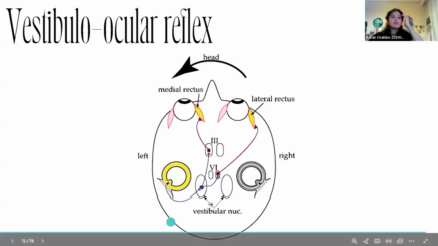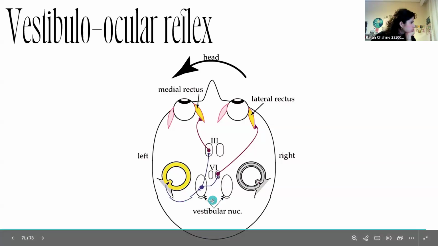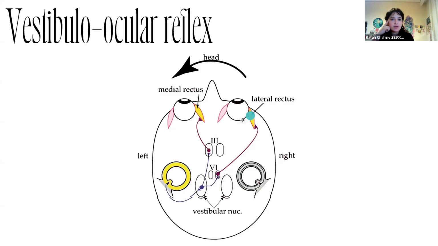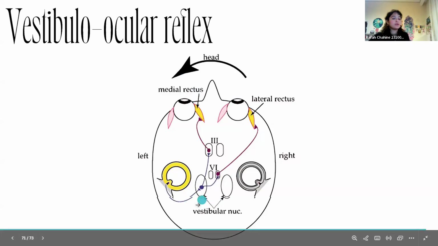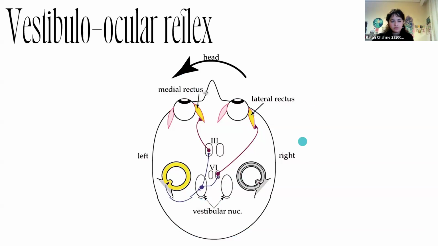Fine. Imagine I turn my head to the left, but I want to continue looking at you. Obviously, I'm going to use the lateral rectus of my right eye to push my eye laterally so I can continue looking at you on my lateral side on the right, but my left eye is looking medially. The way I'm going to control that is through the medial rectus, okay? Obviously, they're innervated by different cranial nerves. The lateral rectus, we know on both sides of the eyes, obviously,